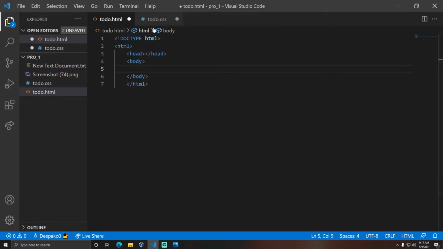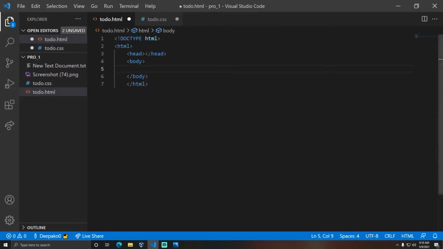So basically, if you are doing HTML and CSS in any online text editors, you don't need to link the HTML with CSS, but here we are doing it with Visual Studio Code, so it is an offline setup. So we need to link the HTML with CSS using the link tag.